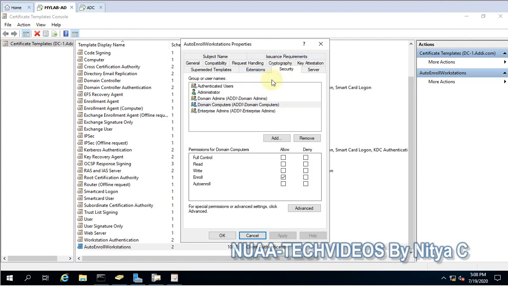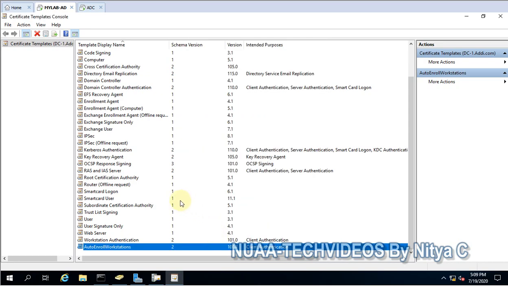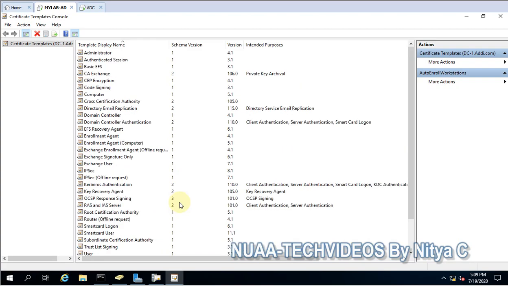Then we have to select the security, and for the domain computers, if you are doing it for users, you have to select authenticated users, then modify the same settings that I am going to modify. So domain computers, auto enroll and read. So these three settings are the permissions we have to allow. Let's go ahead and apply it now and say OK. So this template is ready to deploy, and now let's close it.